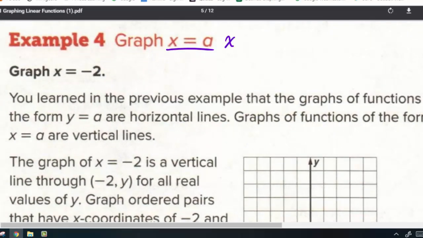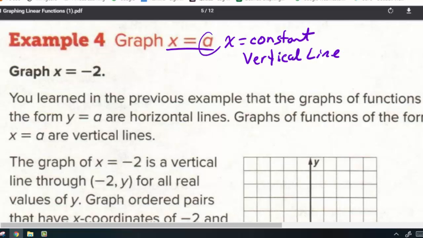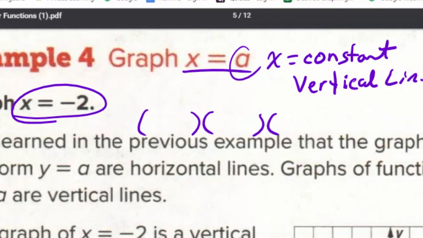So for your foldable, when x equals a constant, we're drawing a vertical line. And that vertical line is going to go through the x-axis at whatever the value of a happens to be. So in our graph here, we have x equals negative 2. Now, since the vertical lines are not actual functions, we can't put them in a function table and come up with values. All it's saying is if we come up with some points on the graph, let's say I have